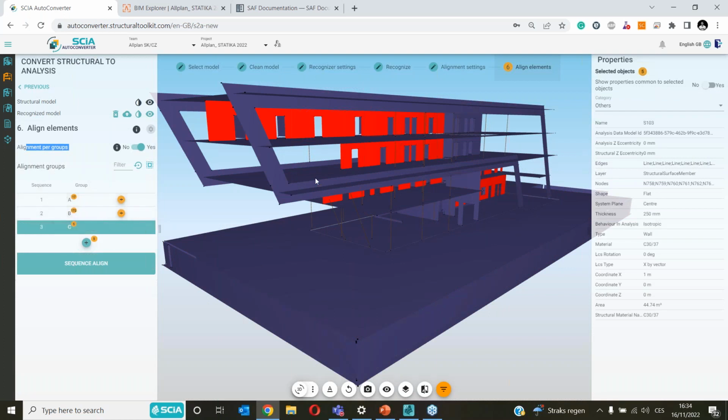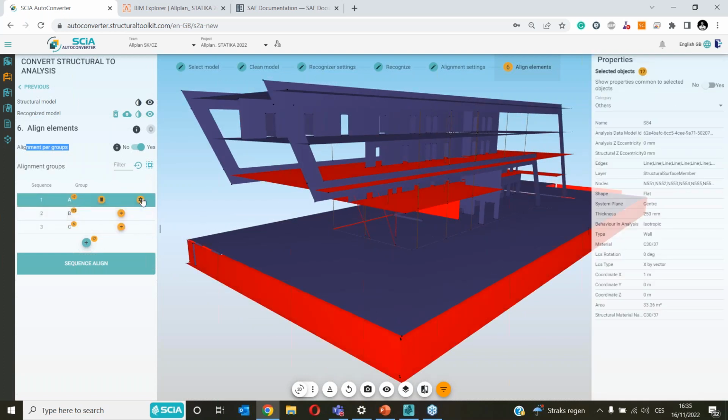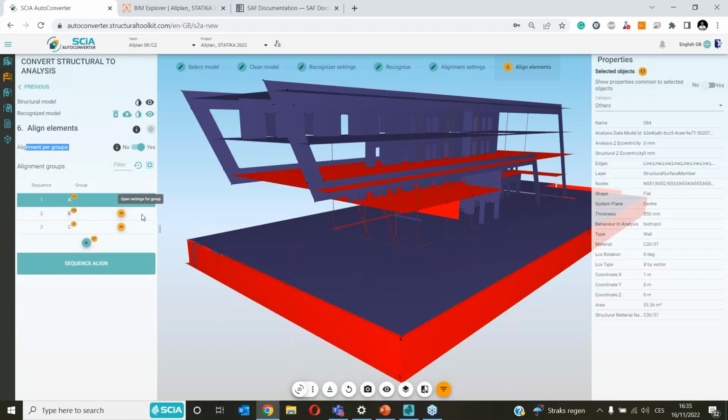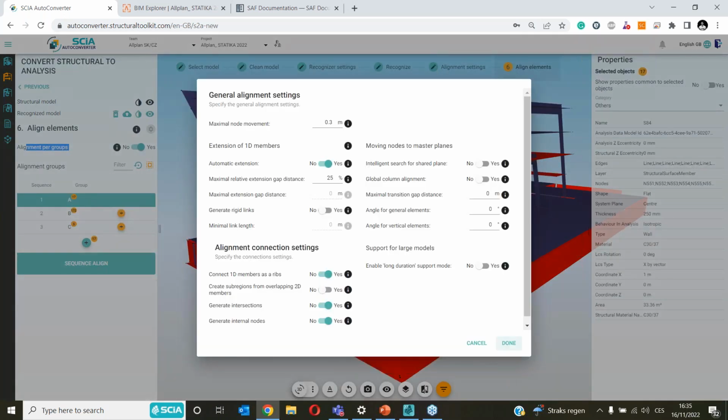Basically, I can regroup all the elements as I wish. I can create new groups, I can switch the groups between each other, etc. Then I can reorganize all the elements as I want. The main advantage of the alignment per groups is that every group has its own settings. So I can change the settings for every group, and thanks to that, I can get an even better result